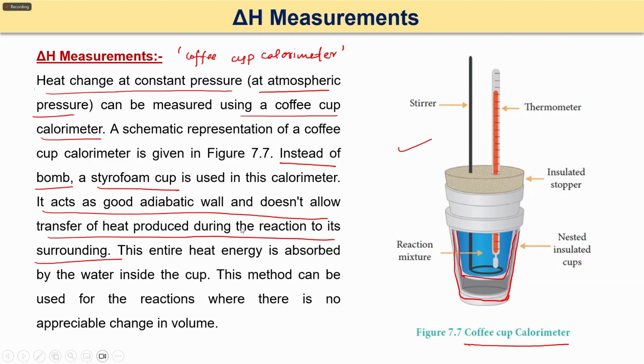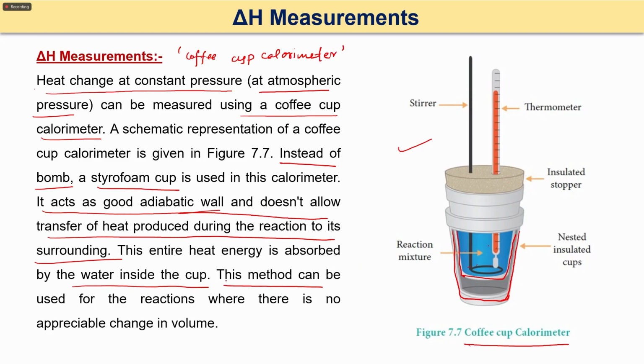Yes. So this is your styro cup and it acts as a good adiabatic wall. So your adiabatic wall, what did it do? It doesn't allow the transfer of heat produced during the reaction to its surrounding. If the heat is not getting transferred to the surrounding, then what happens? It will be absorbed totally by the water inside the cup, and then we can easily measure the delta